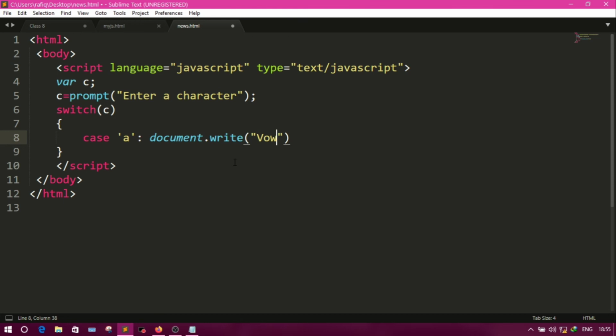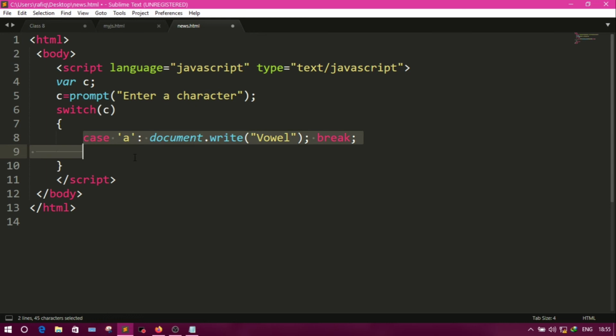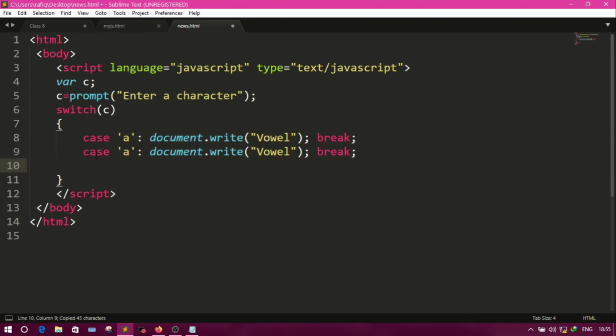Here we'll write vowel semicolon break. Now let's copy this line. Who is going to write the same thing again and again? So let's copy it, come to the next line, paste. We'll paste this 10 times,